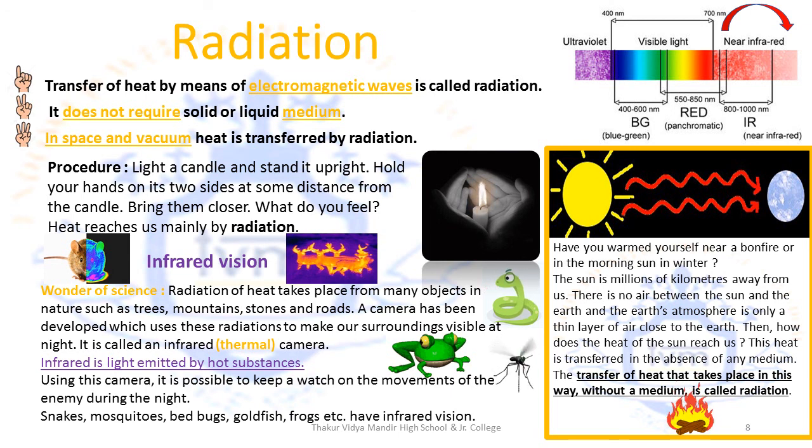By observing the infrared spectrum, we come to know about hot zones. The thermal camera, or infrared camera, is a wonder of science that was invented. Through the thermal camera or the infrared camera, we can look at the radiations that are emitted by hot bodies in our surroundings, even at night.